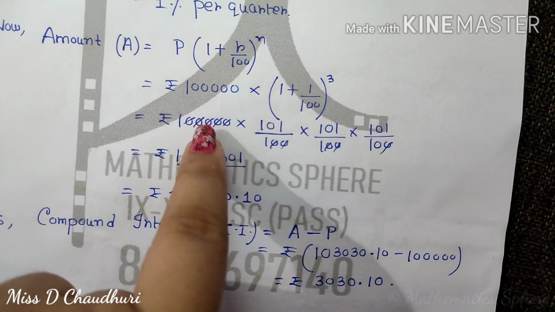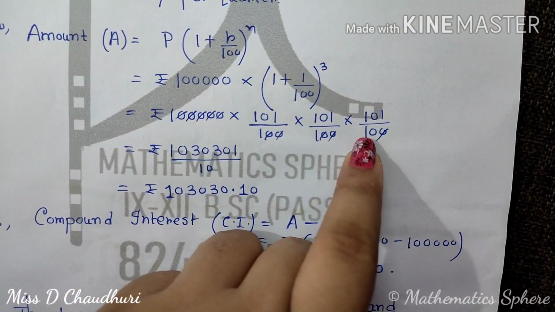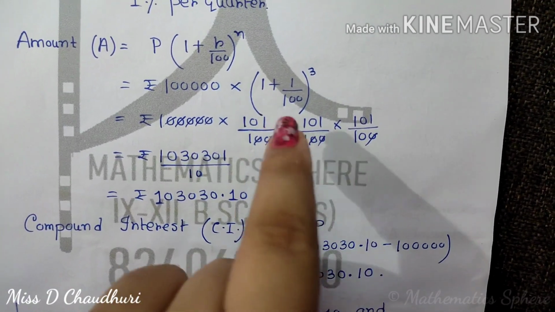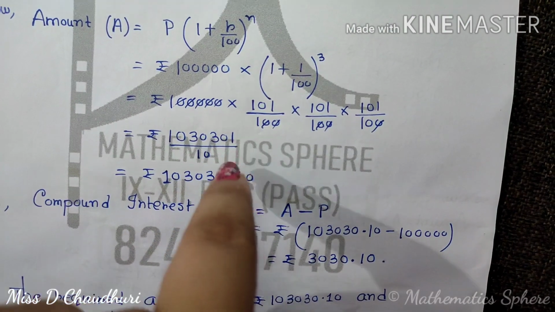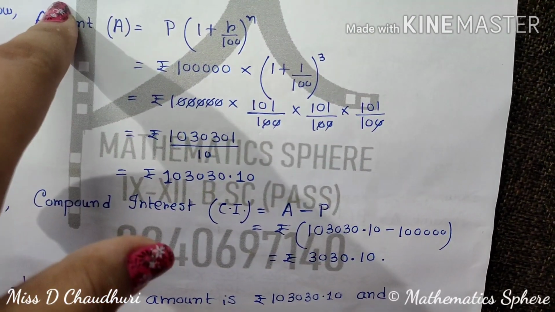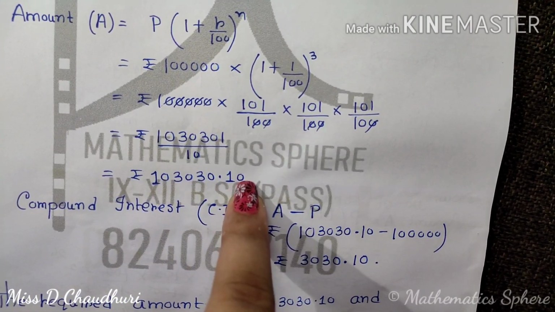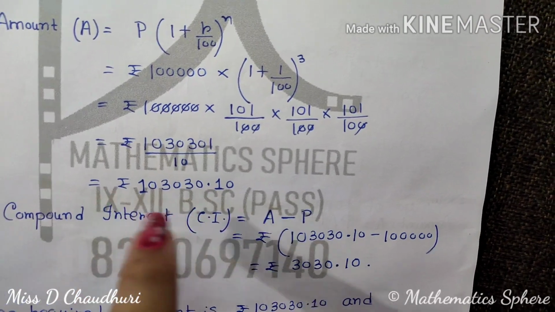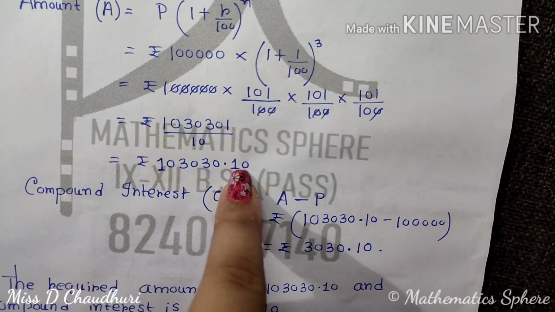So I am seeing here that 5 zeros from here and from here can be cancelled. Now do not disturb this 10. You cannot disturb it also. Just multiply this 3. You are going to get 1030301 by 10. Shift the decimal. You are going to get the amount. So 1030330.1. And this 0 is extra because, I think we have already said that in case of money we will be keeping 2 decimal places.